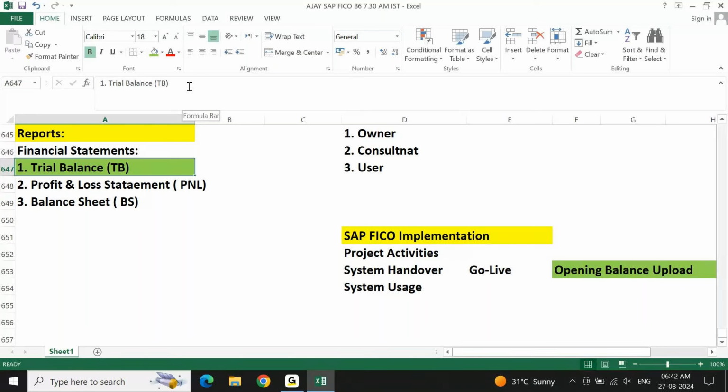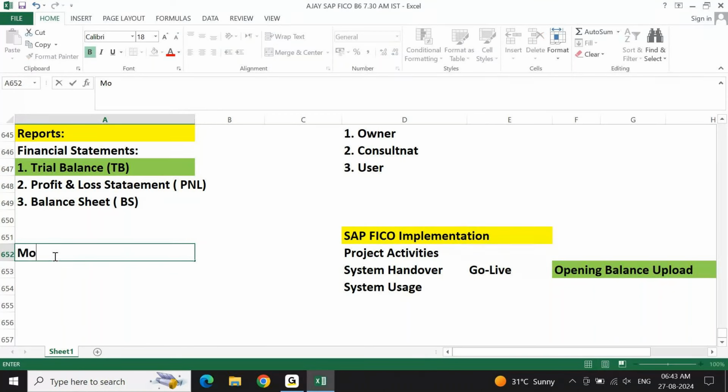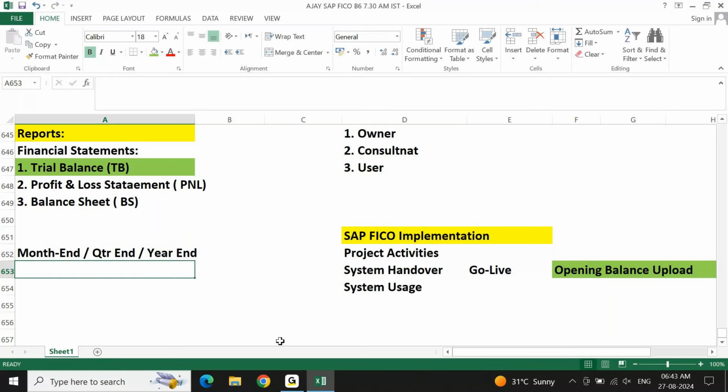And after that, every month there is something called closing, month end. Everybody would have heard something called month end, quarter end, or year end. Especially those who are working on the finance side, accounting side, every month, every quarter, every year they are talking about it. Is it correct? Right? When somebody says, yes, we are busy with month end, we are busy with quarter end, we are busy with year end, what are they doing at the month end? What are they doing at the quarter end? What are they doing at year end?